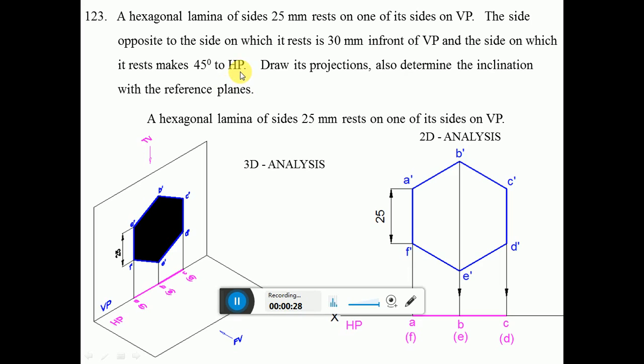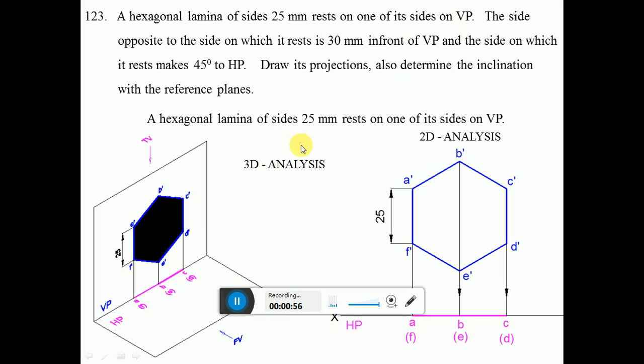So here, a hexagonal lamina of sides 25 mm rests on one of its sides on VP. Since it is on VP, obviously we have to start the problem from the vertical plane. So where is the vertical plane? It is in the front view. So that means we have to start the problem from the front view. He says one of its sides is on VP, so the side which is resting on VP has to be perpendicular to VP,